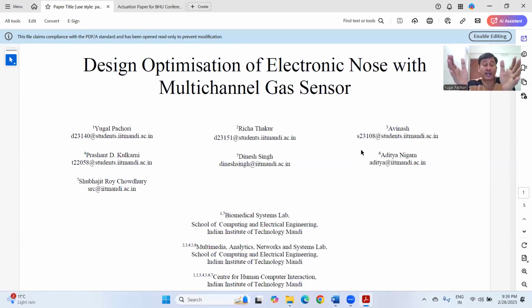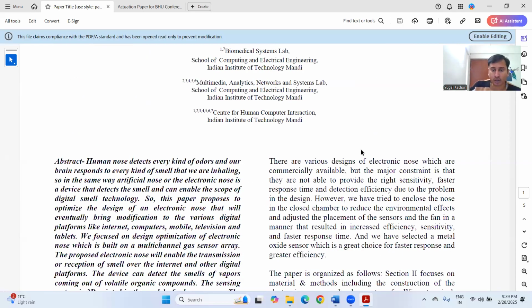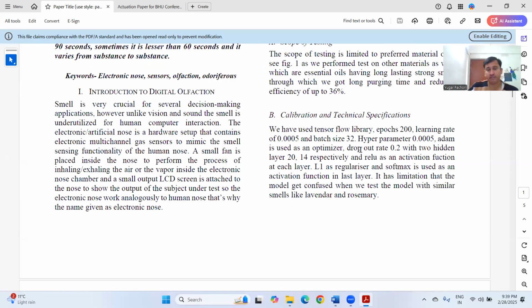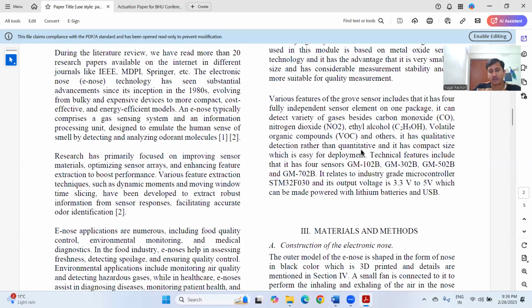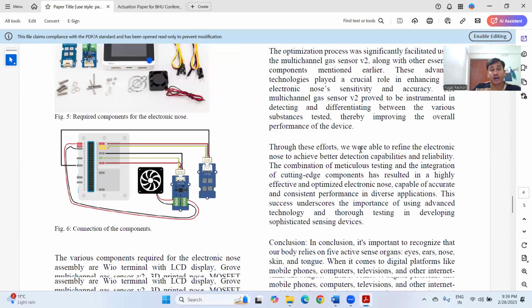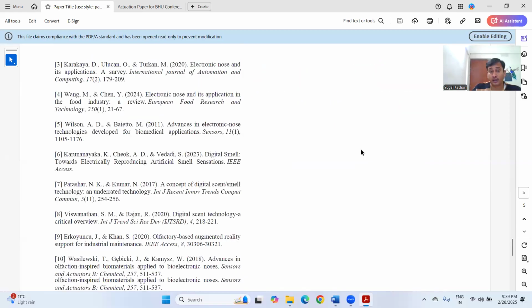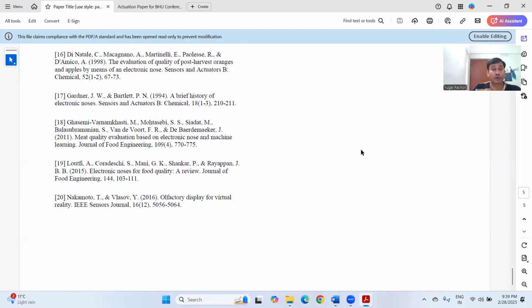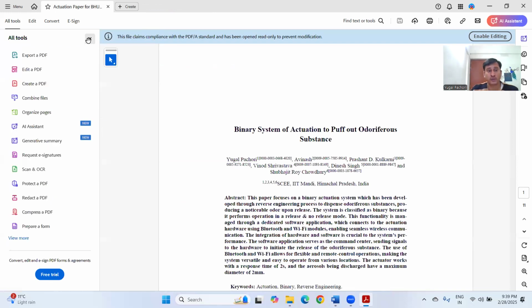So if you want acceptance on the first attempt, you must follow the format and every detail that is asked in the template and the conference requirements. So these were the requirements of this particular paper that I have discussed with you. Let me discuss another paper of mine so that you are very much aware of how to write a conference paper. So I think this was my second paper.